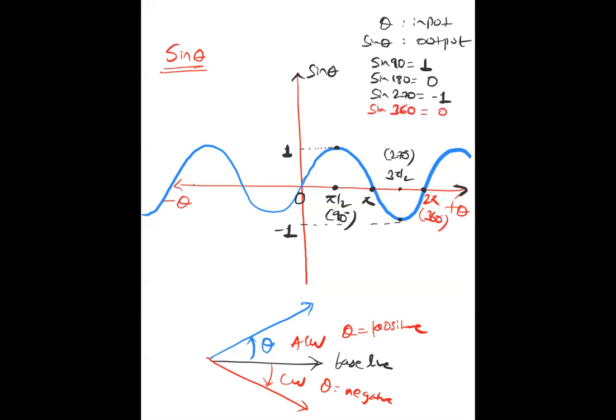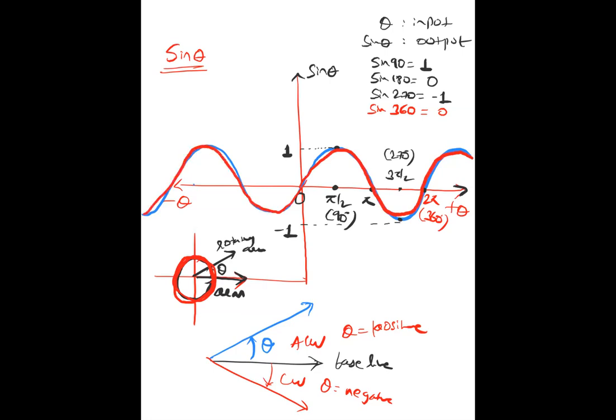Okay. Now this pattern will keep on repeating itself, because the arm which is rotating and making some angle will rotate one time and will come back to the original position after 360 degrees. And then it will make one more rotation, and that angle will increase beyond 360 degree, and it will go on making rotation, but the values will remain the same, right? So the value will remain the same means this graph will continue in the same manner up to infinity. Even on the left-hand side in the negative angle also, if you are rotating, the same graph pattern will repeat.